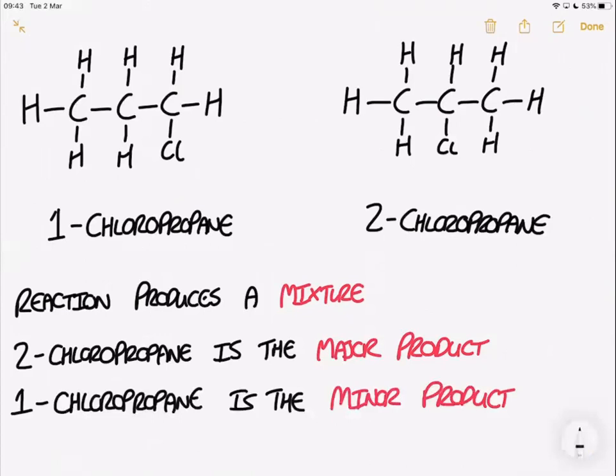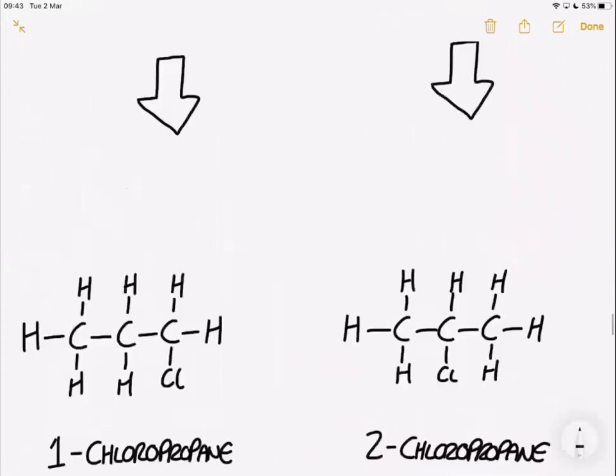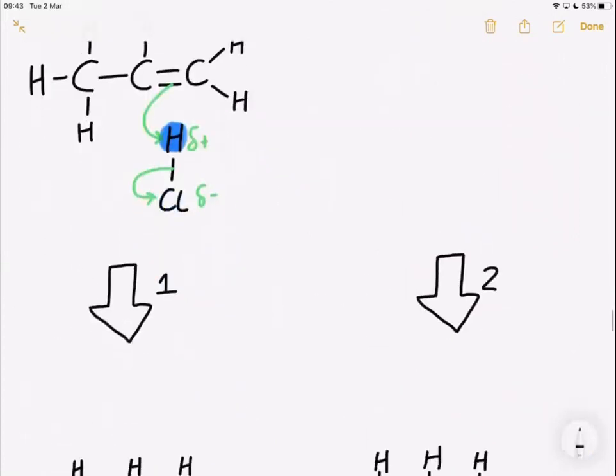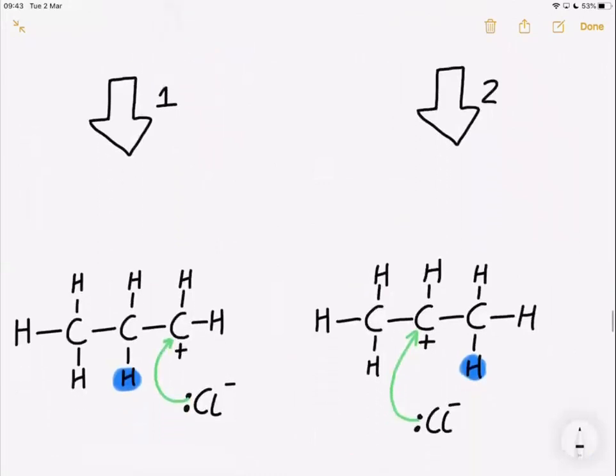Now, to explain this, there's quite a lot for us to discuss still, but we're going to go back up into this kind of divergent scheme with the 2 reaction pathways and do a little bit of further annotation. Make sure you've paused the video and made your notes as appropriate. Right then. So the mechanism is done, that's all fine, right? What we'll do is add a little bit of information